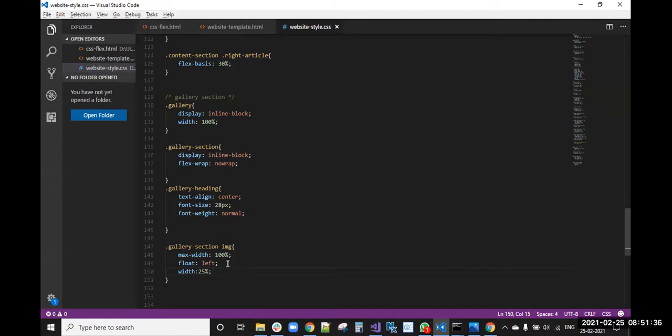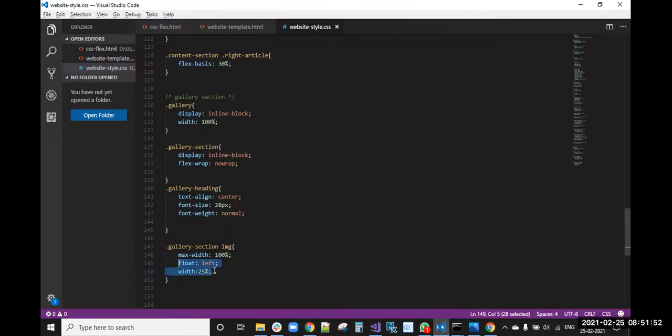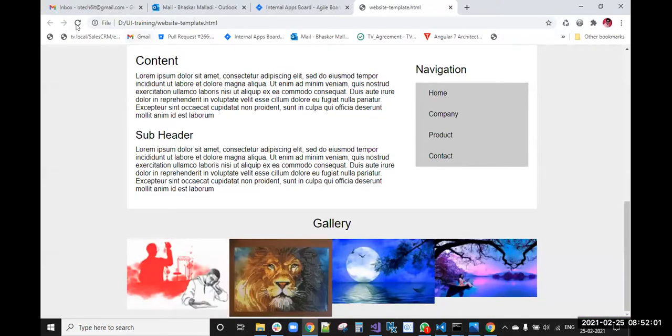Display flex is not working here in this case. So I'm applying float left with 25% width. Okay, so here these are coming like this, right? Images are not aligning the same, right? So give height also. 250 pixels height.